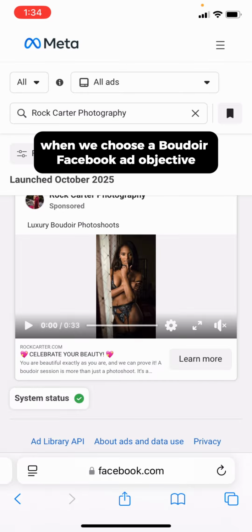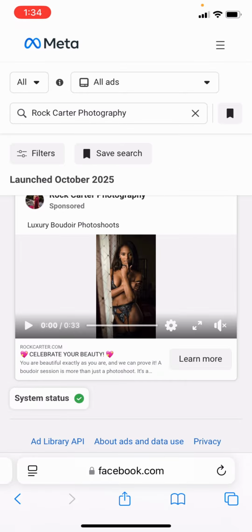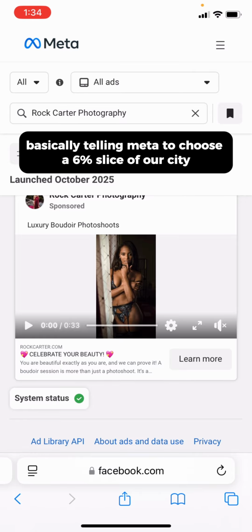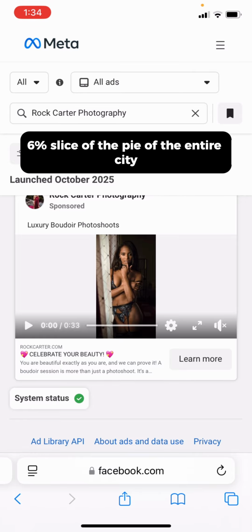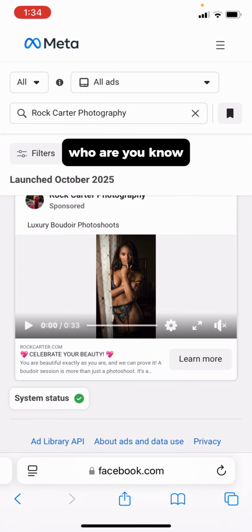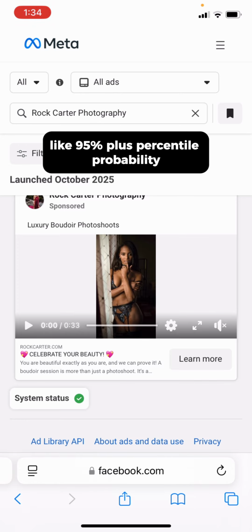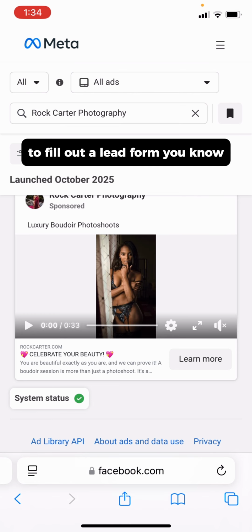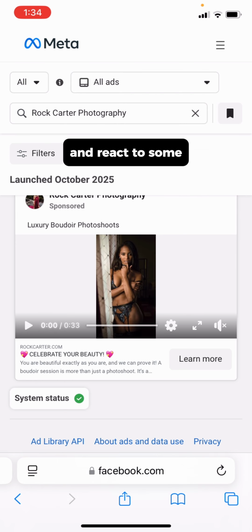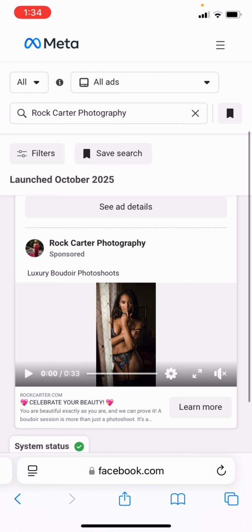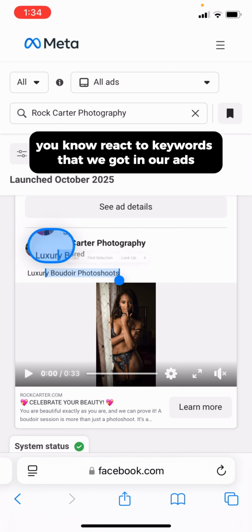When we choose a boudoir Facebook ad objective, we are basically telling Meta to choose a 6% slice of the pie of the entire city we're targeting, with the Meta profiles who are at the 95% plus percentile probability to fill out a lead form, fill out their data, click submit, and react to keywords that we got in our ads